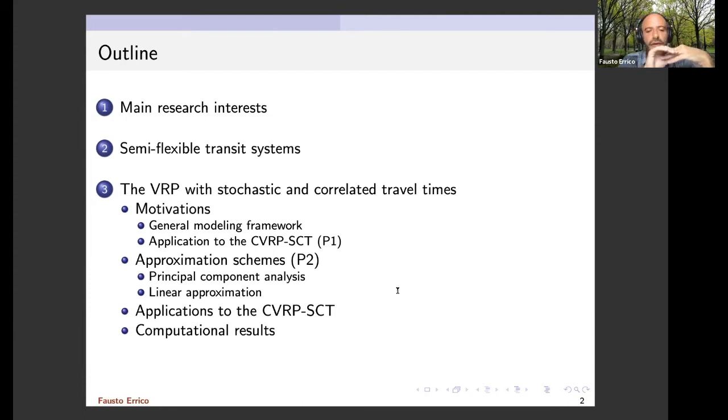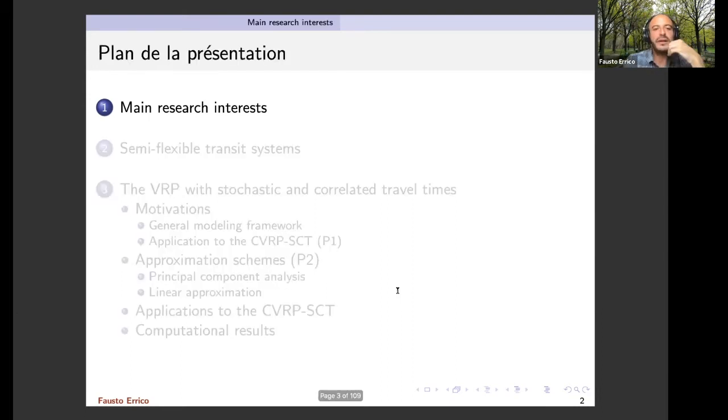And then I will focus a bit more on 2 works, especially one, and I will just say a little bit of words on another one. But both works are on a vehicle routing problem where travel times are stochastic and correlated. And in these 2, I'm going to go a bit more in detail. So just to make a brief